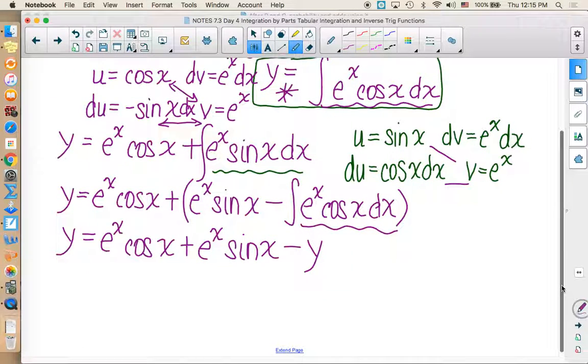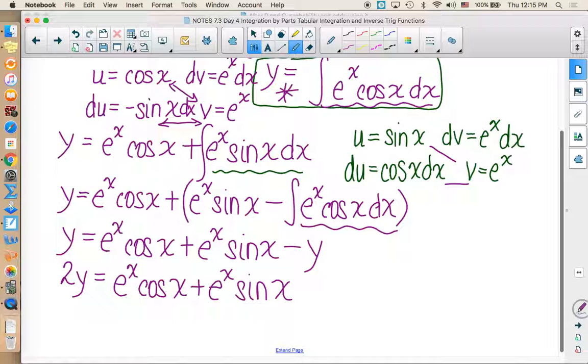So in algebra, you would just add that y to the other side. So on this side, I have twice the integral that I'm looking for: e to the x cosine x plus e to the x sine x. So if that's twice the integral that I'm looking for, then one of the integral that I'm looking for, which again is that original integral of e to the x cosine x dx, what I was supposed to be finding in the first place, would be to divide what I have here